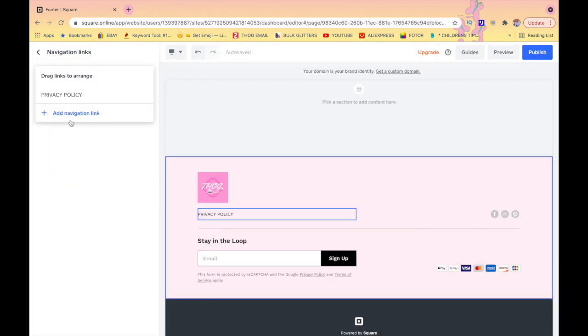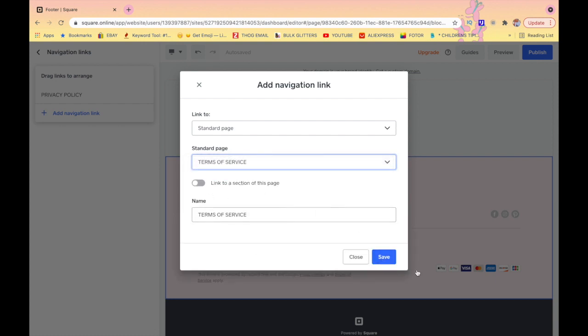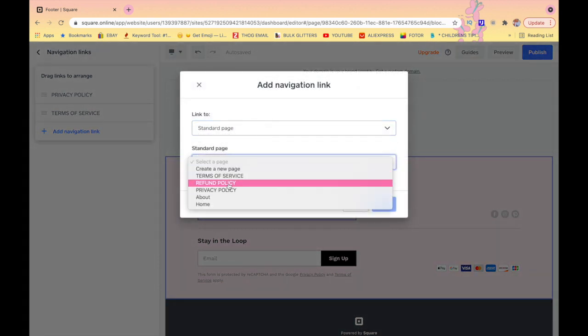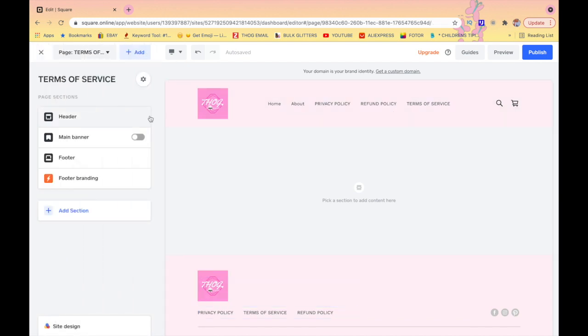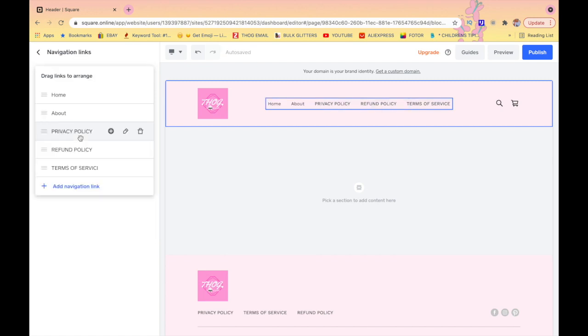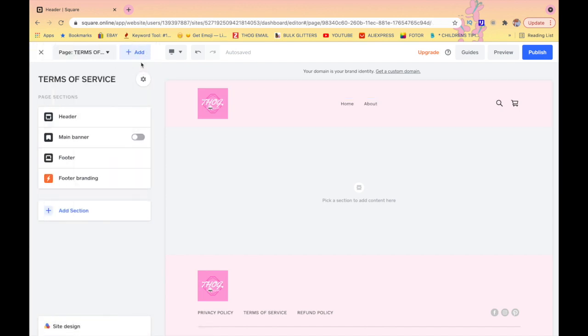Okay, so once we do the privacy policy, we go ahead and do the same thing again, and we want to add the terms of service to that. And then we also want to add, not that one, we want to add the refund policy. So when you're done, that's going to look like that. If you want to remove those from the header, you can go ahead and remove those from the header. Okay, so now that we remove those from the header, this is when you are gonna go in and create